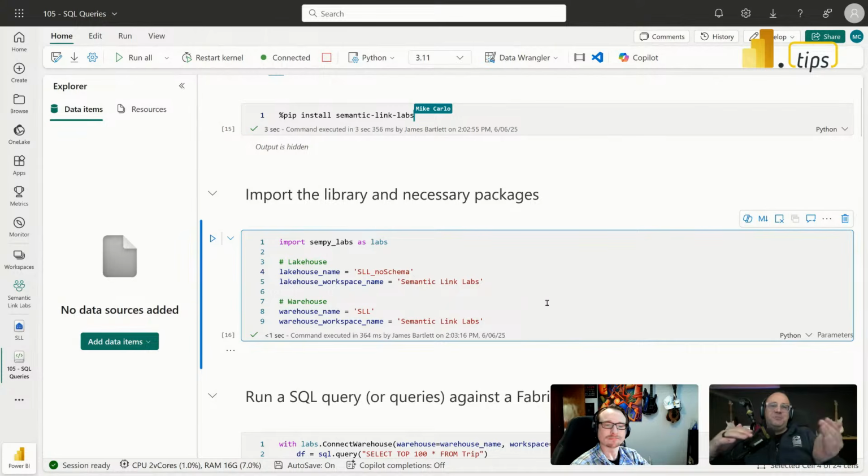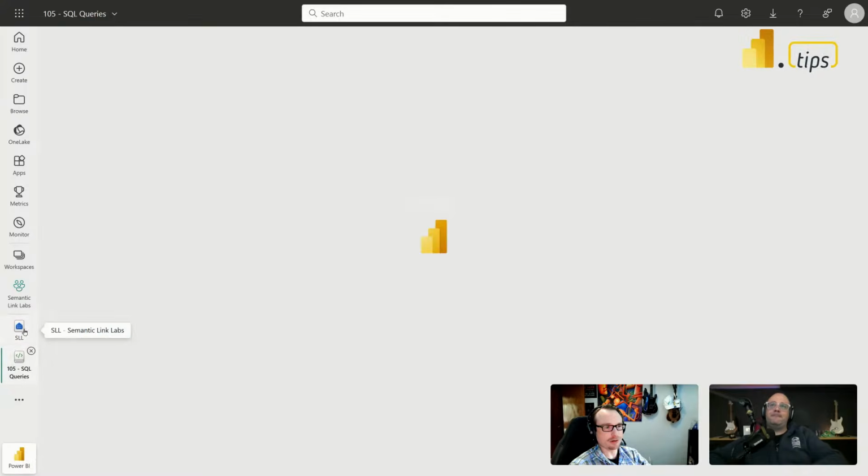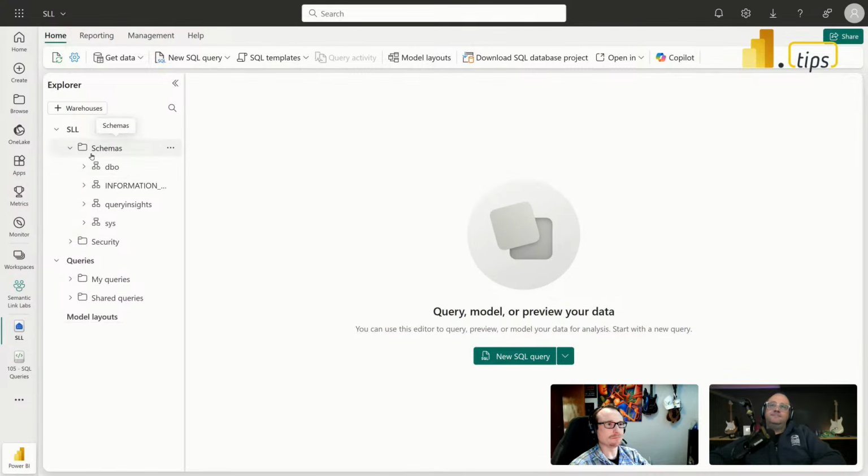And you'll see later on as we write these SQL statements, James will point you out and show you the warehouse and see where the tables come from. So yes, we are using the New York taxi data, and that data does live in a warehouse. We can actually see that over here. This is the warehouse. We're actually pulling from the